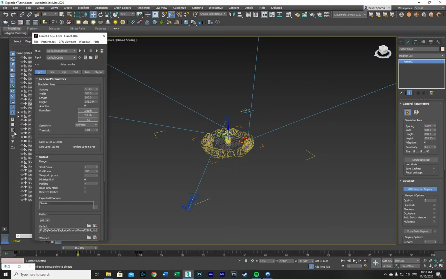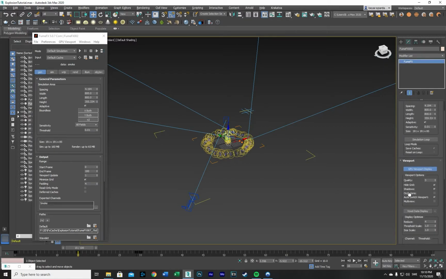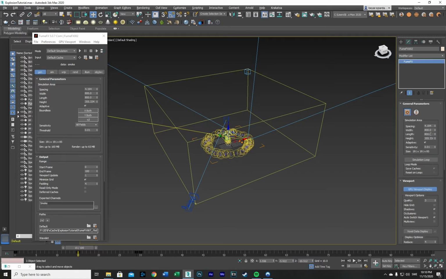So let's just show you the FumeFX grid. Is it not showing? Why hide grid? Okay, so what I did was create a grid that was 800 by 800 wide and long, and the height of it should be 92, just like that. And what we're going to do next is check the general tab, and here I'm going to increase the resolution a tad bit so we have something nice to look at,